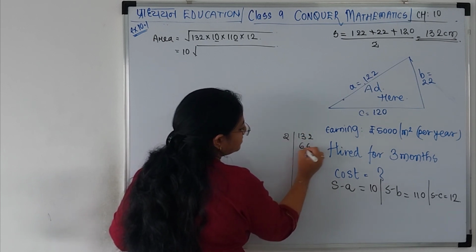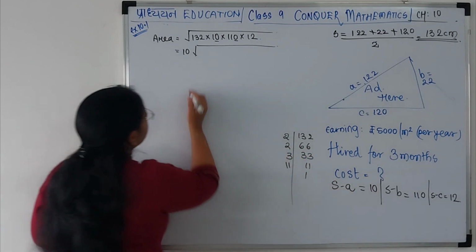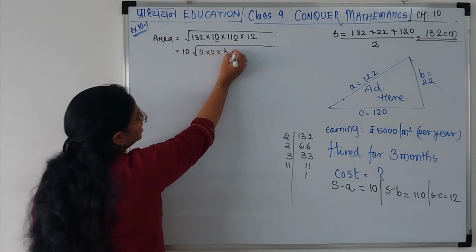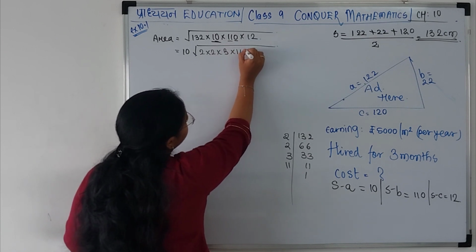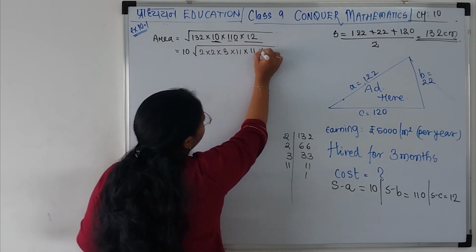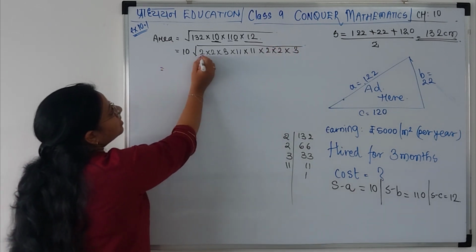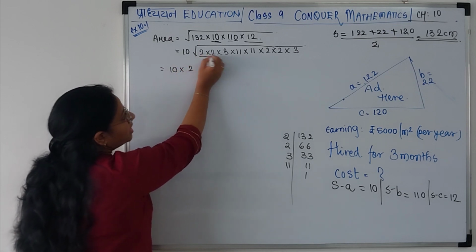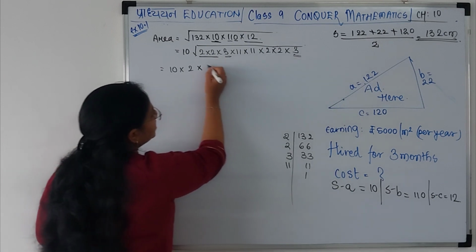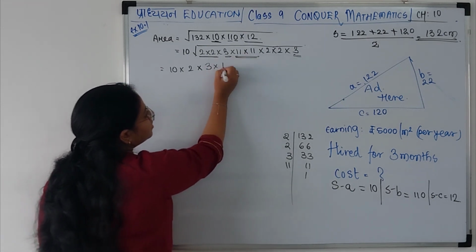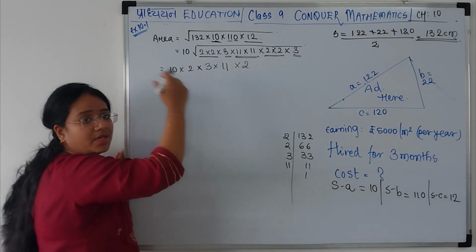So here we have 2 into 2 into 3 into 11. We have taken this 10 outside, so that is done. This 11 is left. So this into 11, and 12 can be written as 2 into 2 into 3. Now look out for the pairs. There is a pair of 2s, so we take one 2 outside. There is a pair of 3s, so we take 3 outside. Pair of 11, so one 11 outside, and again a pair of 2, so one 2 outside. So we are left with nothing under the root.